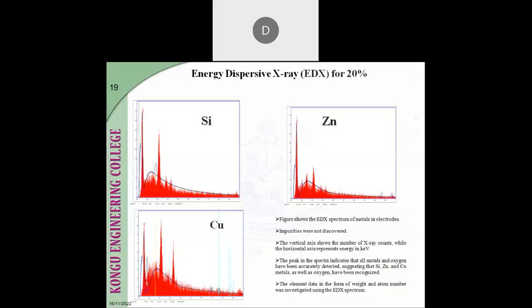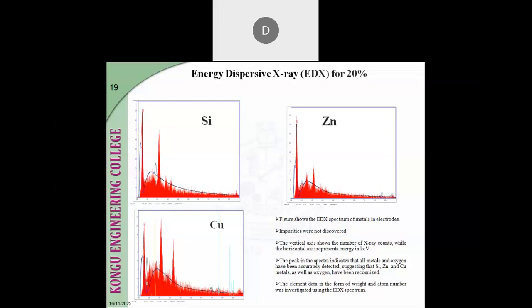And of course, the next one is the X-ray energy, the EDX for the 20%. Here, all these diagrams will show the EDX spectrum for metals and electrodes. And we know that the EDS, that is the energy dispersive spectrophotometer, is used for the analysis of these